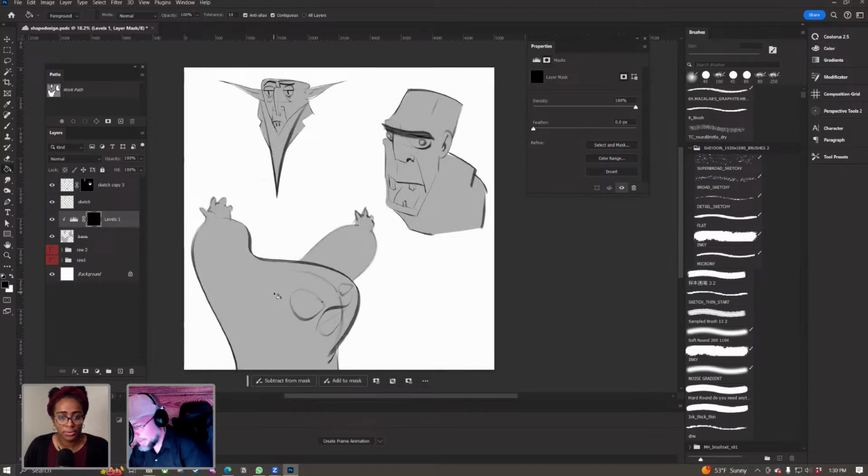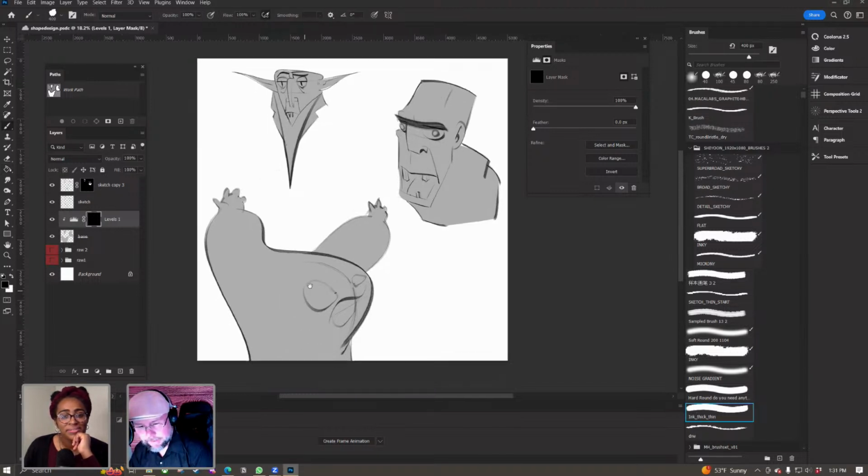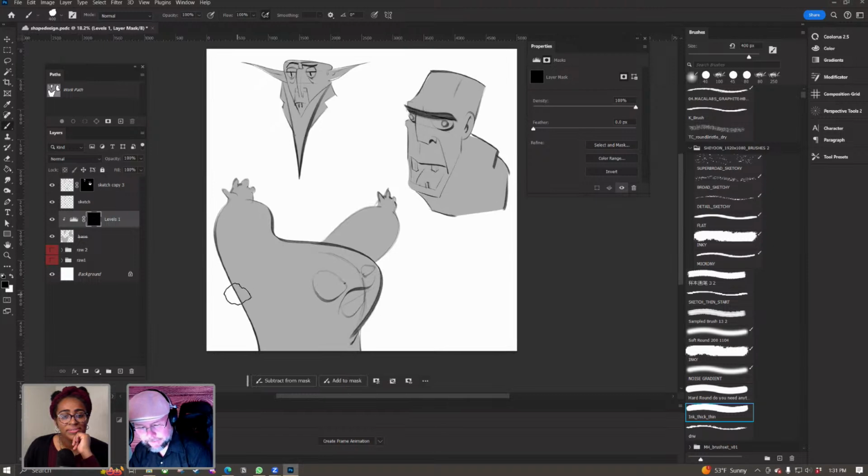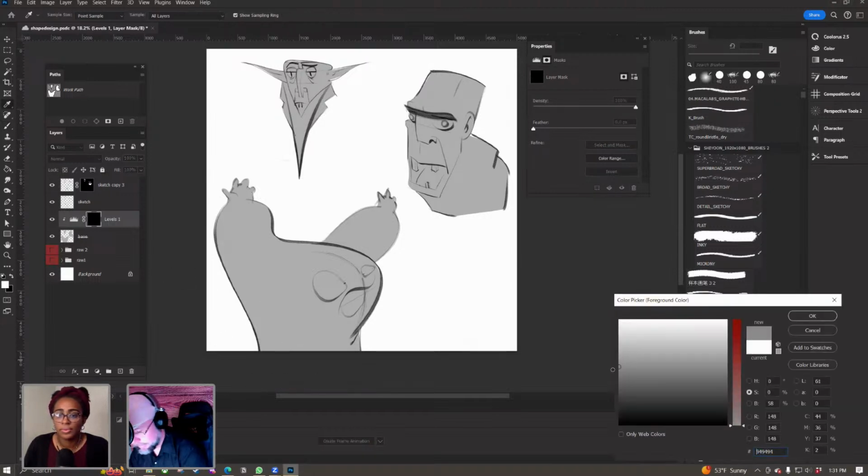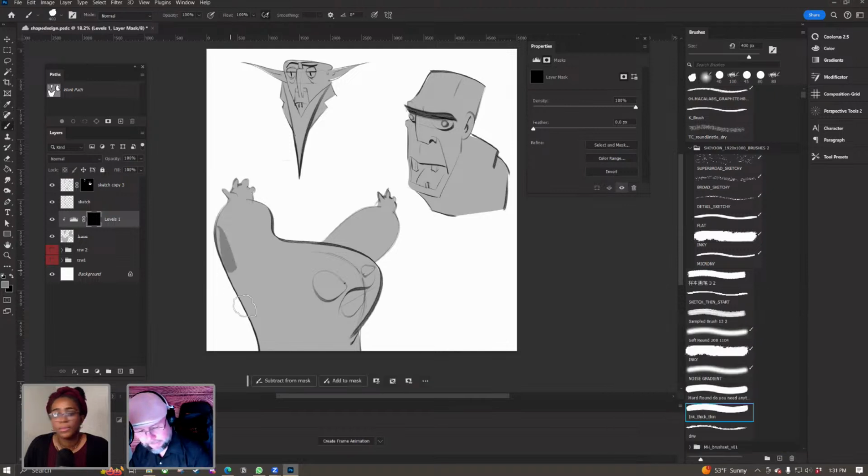And now I'm going to stick with more cell shading instead of a soft brush. Now I can come in, and with the white, that's too much. So I'm going to bring it down to about here. Still too much.